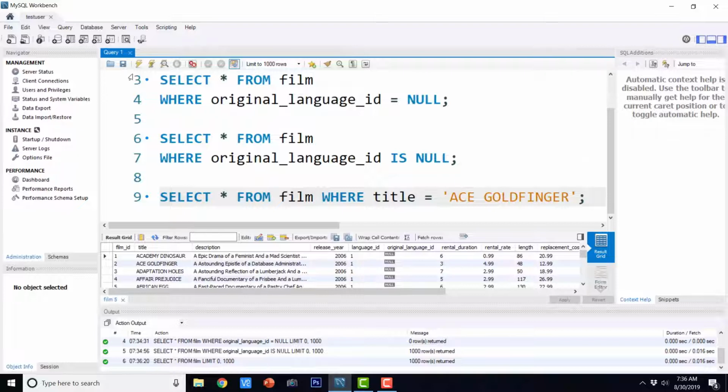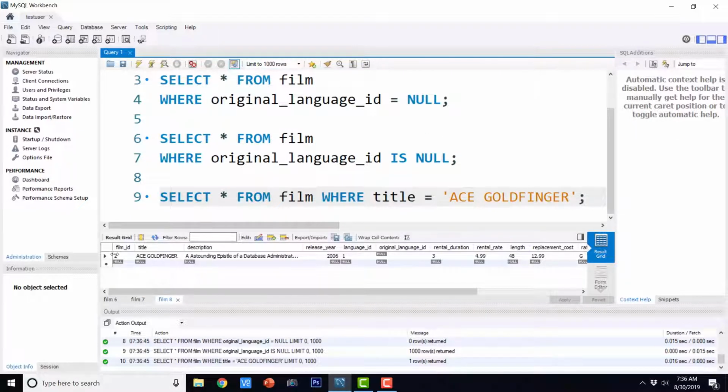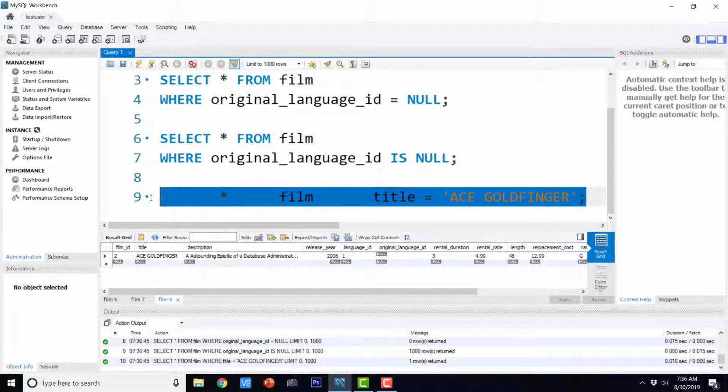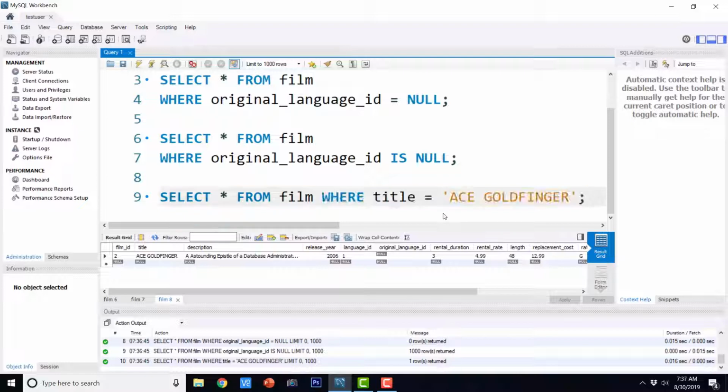I'm going to execute it now, and it is going to return a record that reads Ace Goldfinger in title. So we have seen that we can compare the character or text fields with a string using the equality operator like this. But what if I want to look for a pattern?